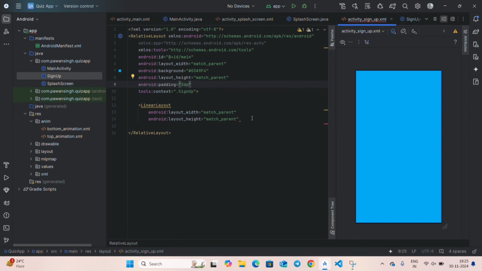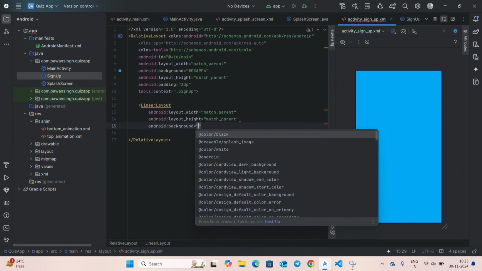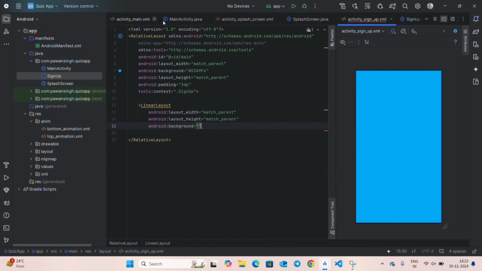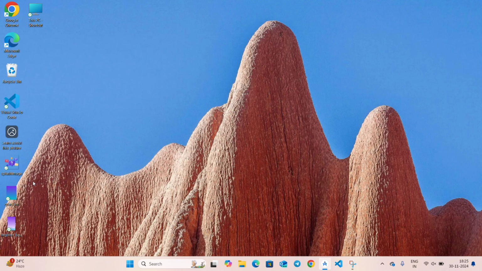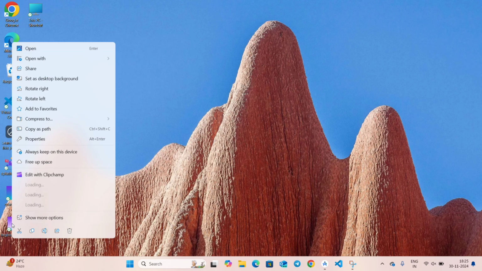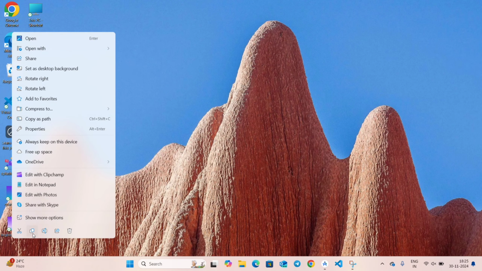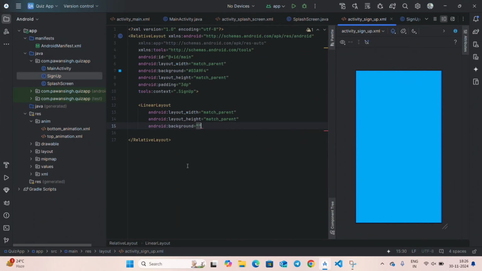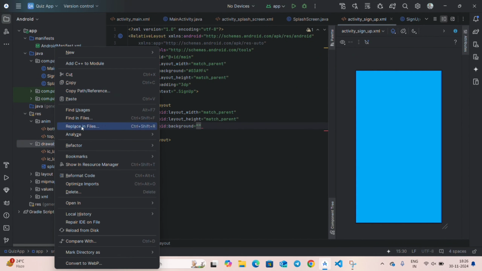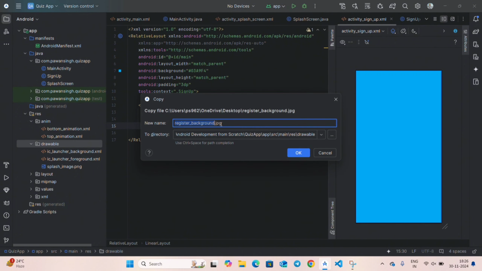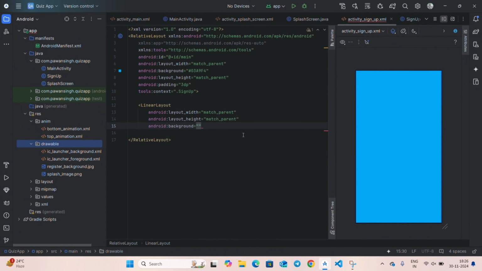and inside our linear layout, let's give it a background. We will not select any color for the background, we will use an image. I will give the Telegram link in the description. You can download the image from my Telegram channel. I already have that image on my desktop, so I will copy this and paste it in drawable. You can download this from my Telegram channel, paste it here with the same name, and click on OK,